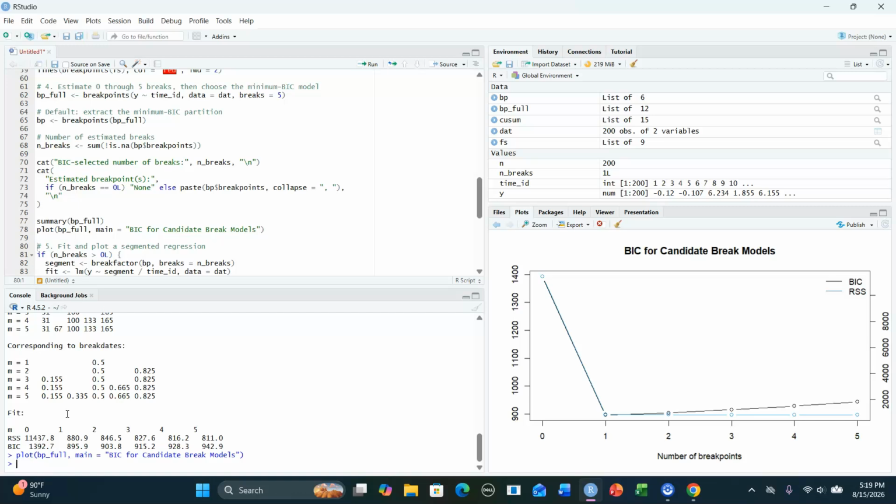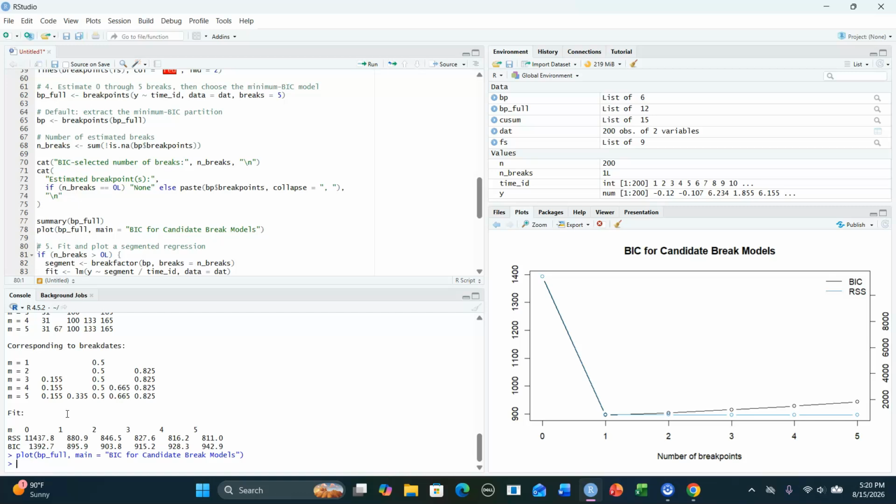You can see on the right hand side it goes down from 0 to 1, a huge drop, and then it just starts going up. Okay, so then number of change point 1 has the lowest BIC value,